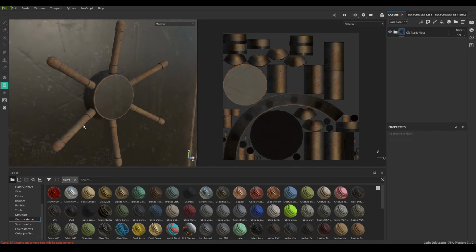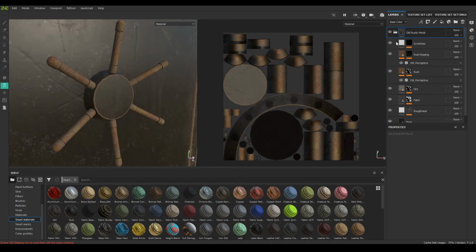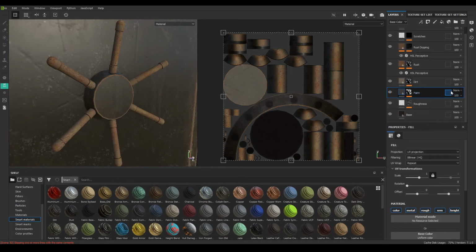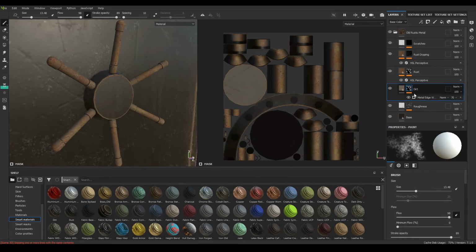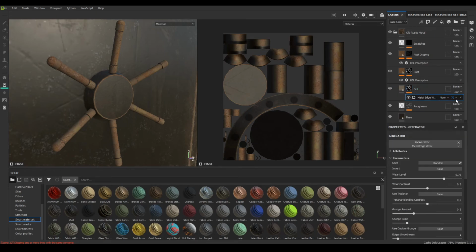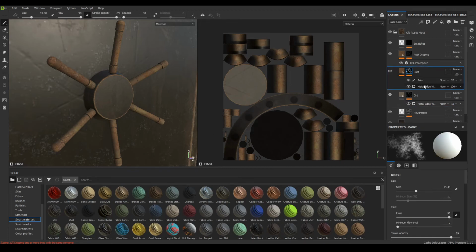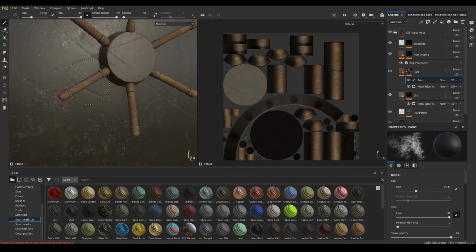Now we need to remove some of this dirt and rust. So I'm going to remove this paint layer first. Let's delete this and also select the dirt, and in the metal edgeware just decrease the opacity to 20 and select your rust, and in the paint let's press X to disable the paint mode and remove some of this dirt.